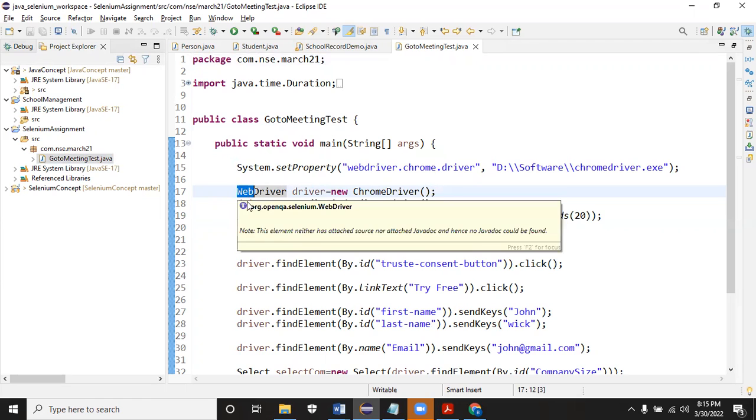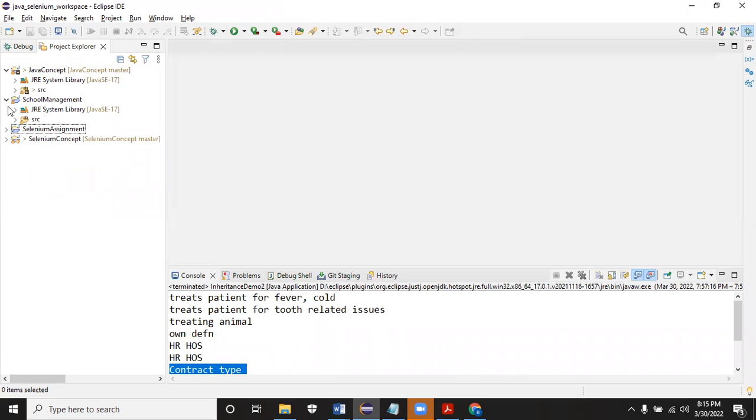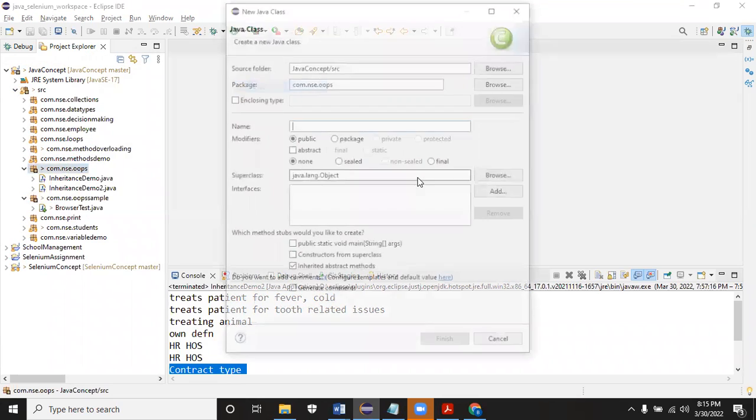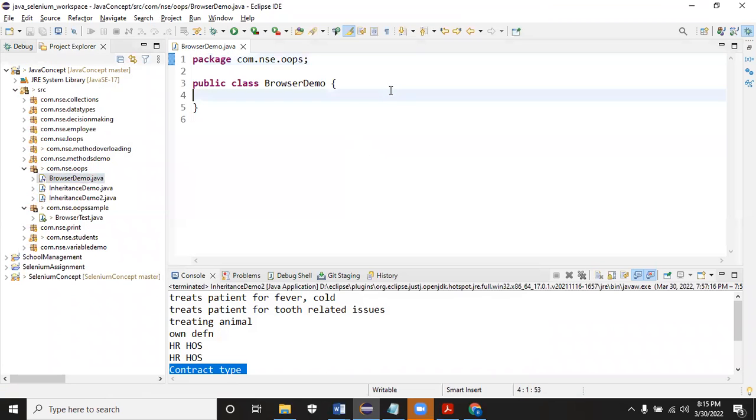The reason why they use interfaces is because they will not have any definition until they know which browser they are going to automate. For example, let me create a class over here, BrowserDemo. The main method I'll create.